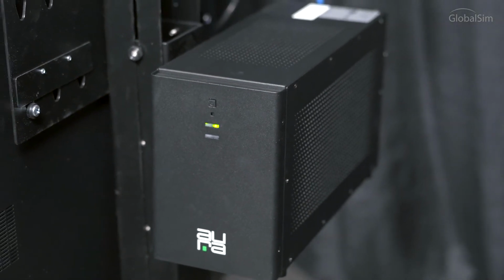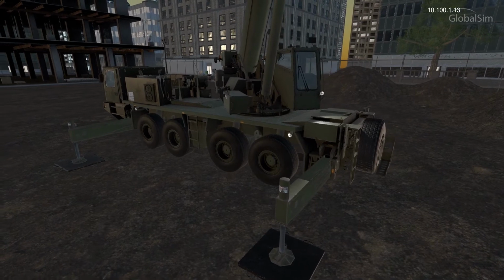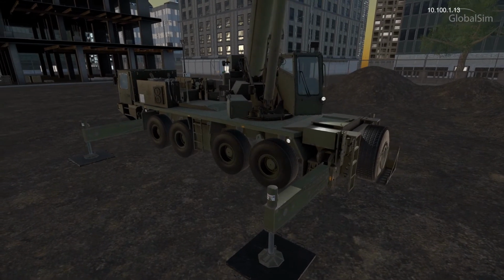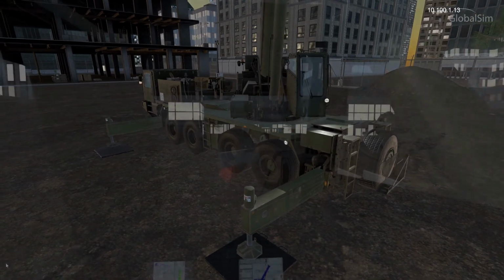height. My name is Tony Morrill, and I am the art director here at GlobalSim. I oversee all of the 3D and 2D art assets and their implementation in all of our simulator systems. Using CAD data provided by Manitowoc, we have built an extremely accurate representation of the Type 2 heavy system, both